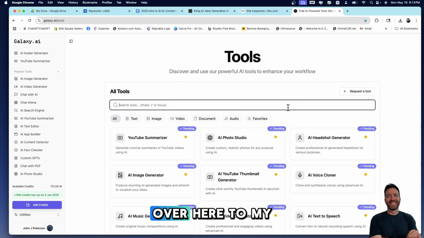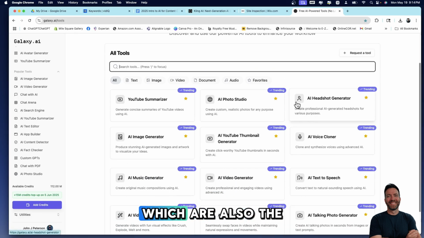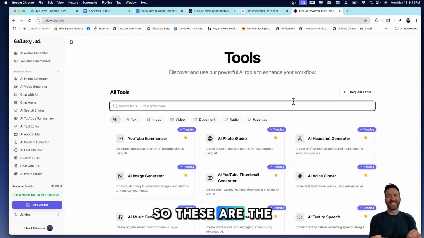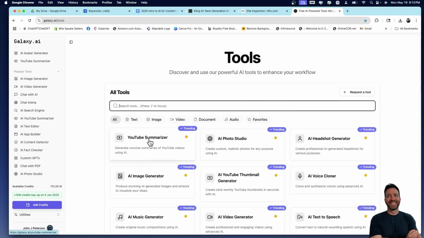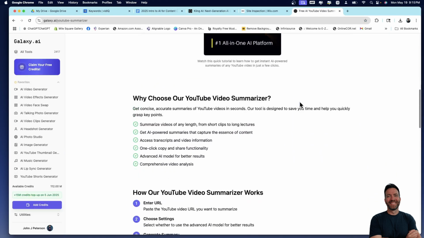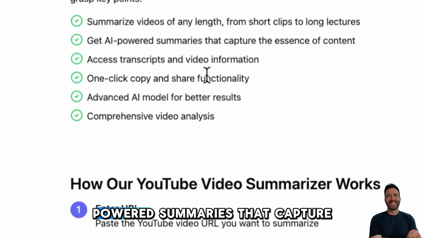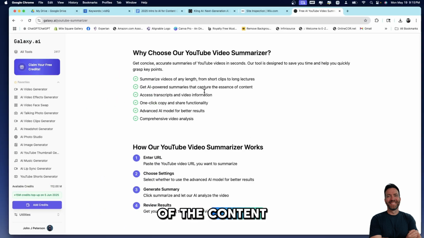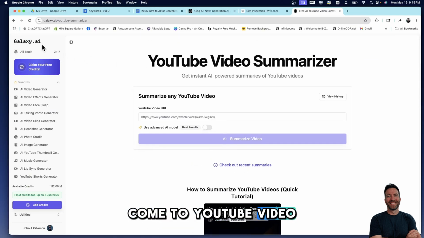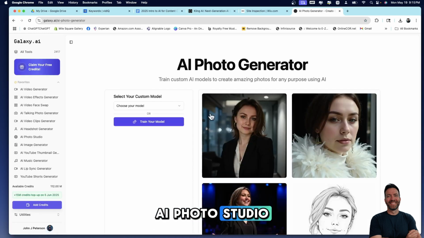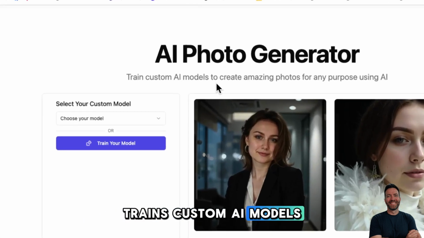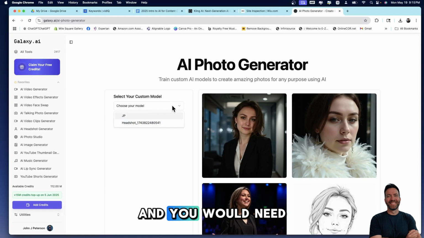So let's just come over here to my favorite tools, which are also the trending tools. So these are the tools people are using the most. YouTube Summarizer, which is summarize videos of any length, from short clips to long lectures. And you get AI-powered summaries that capture the essence of the content. So if you don't have time to watch an entire video and you just want a synopsis of it, come to YouTube Video Summarizer. AI Photo Studio trains custom AI models to create amazing photos, and you would need to